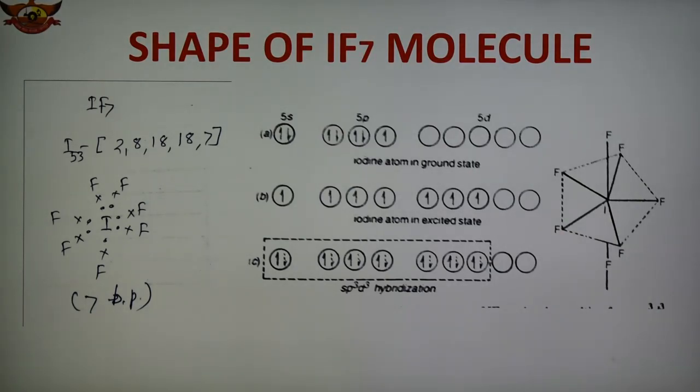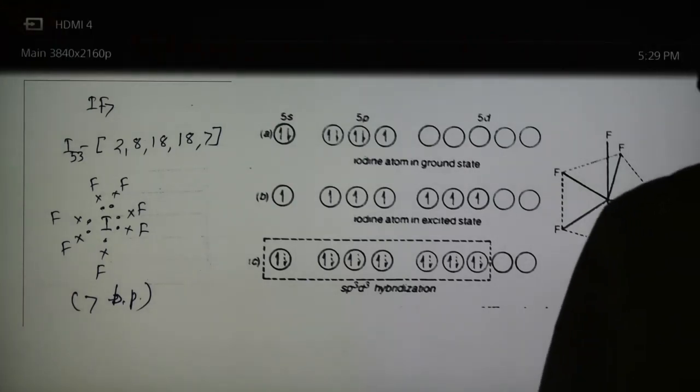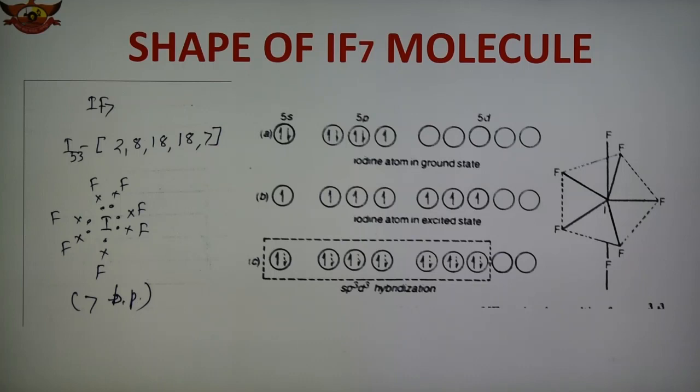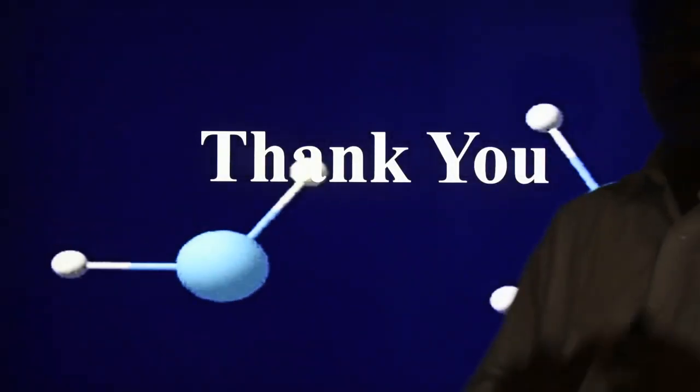We can explain the shape on the basis of VSEPR theory, valence shell electron pair repulsion theory. So first of all we have to know how many electron pairs are present. Then whether the electron pairs are bond pairs or lone pairs, on the basis of that we can decide what the shape of that molecule is. So today we have discussed the shapes of BF2, BF3, CH4, ammonia, water, PCl5, SF6 and IF7. This is a simple theory to explain the shape of the molecule. So today we stop here, and we will continue with some more examples in the next lecture.